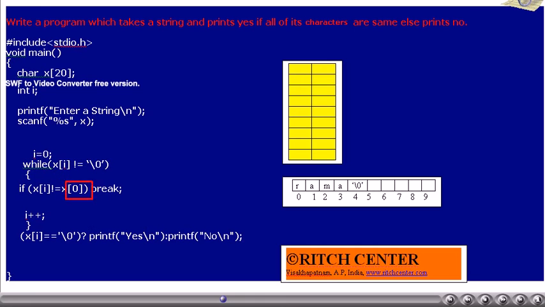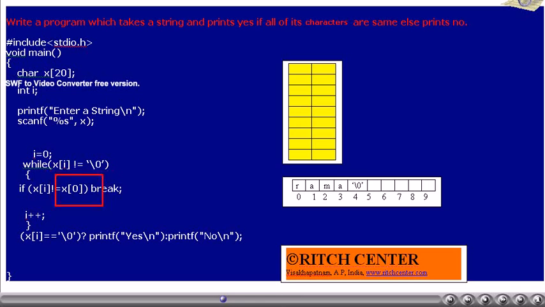If any element is not same as the 0th element, then we will come out from the while loop, then we can print no. If all the elements of the string are same as first element, then we will come out from the while loop because the while expression is false. That is, when x of I is equal to null, we will come out from the while loop.